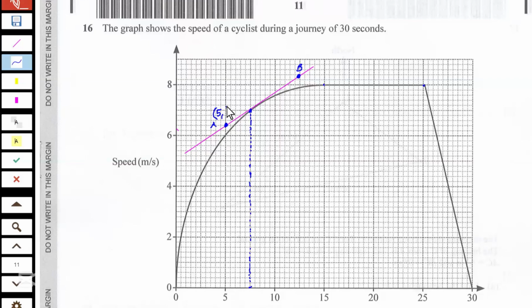So the Y coordinate is 6.4 for point A. Now for point B, we can now say, let's find the X and Y coordinate for B. Now the X coordinate for B at this point, say this point,